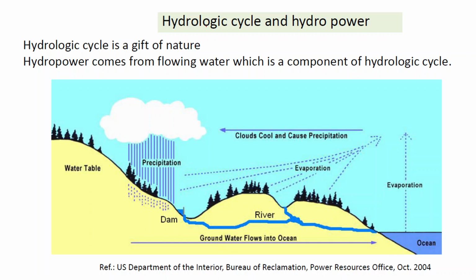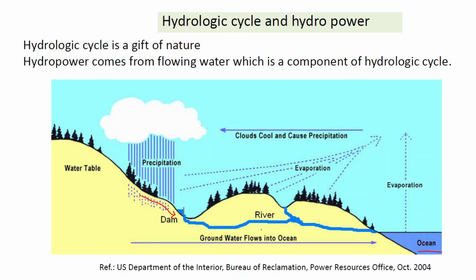Let us talk firstly about hydrologic energy. This is the basis of hydropower. We all know about the water cycle. Water gets evaporated from various water sources such as oceans and rivers, forms clouds, and gets precipitated in the form of rain. This rainwater flows to dams and rivers, and due to the directional flow of water in the rivers,